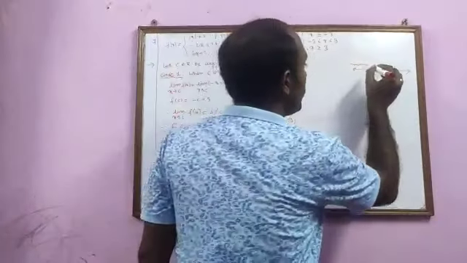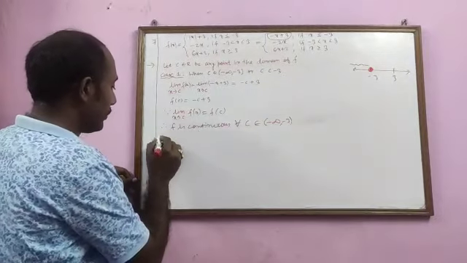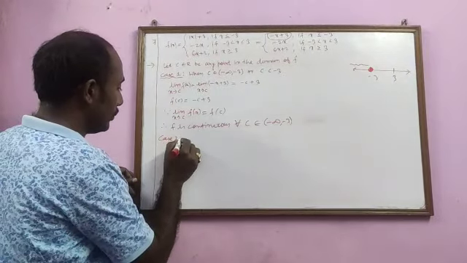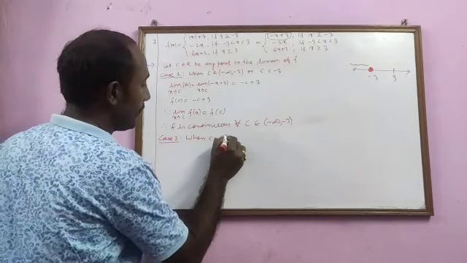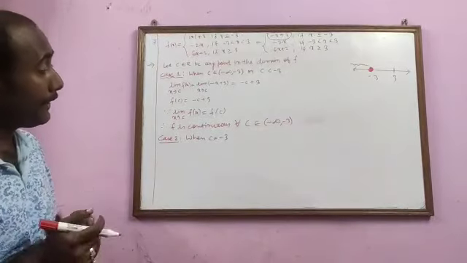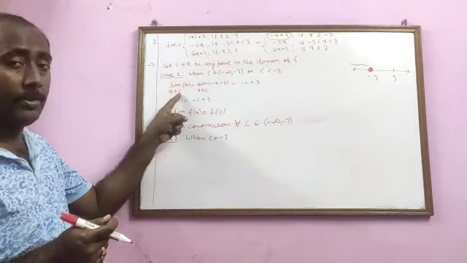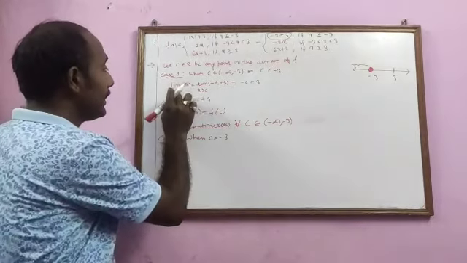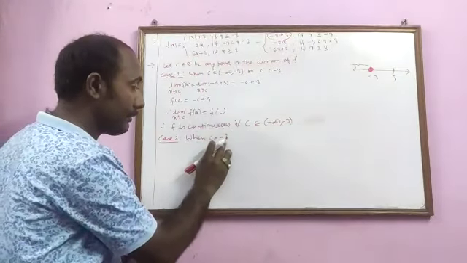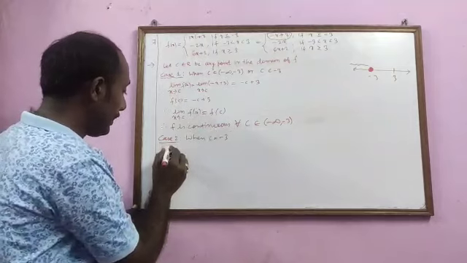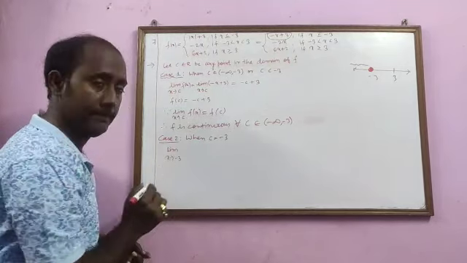Next, we will talk about this point. Which point? When c is minus 3. So we will write case 2. In case 2, we will write when c is equal to minus 3. Now, when we talk about c is equal to minus 3, here we will not write x tends to c. Why? Because in the previous case, the exact value of c was not known. There were infinite such values. But here we know the exact value, that is minus 3. So here we will write limit x tends to minus 3.